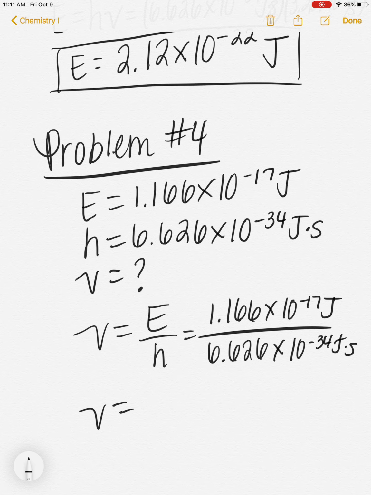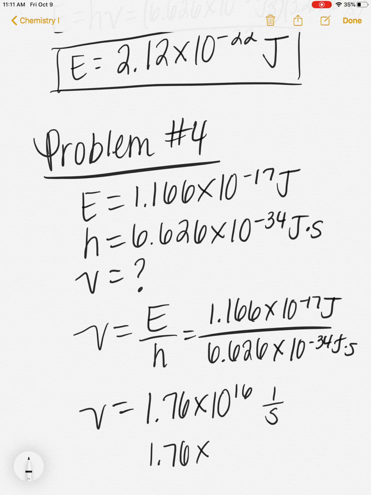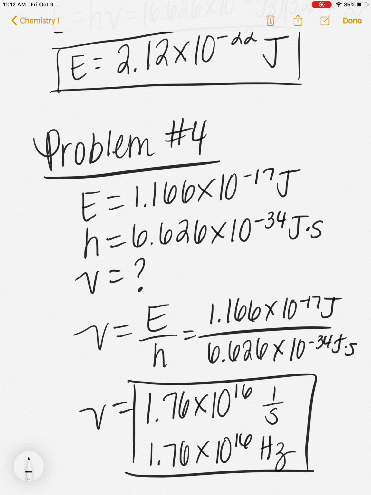We plug that in to our calculator. And we get a value of 1.76 times 10 to the 16th. And your units can either be 1/seconds, or you could say that it's 1.76 times 10 to the 16th hertz, because those are equivalent units. And that is how you deal with light acting as